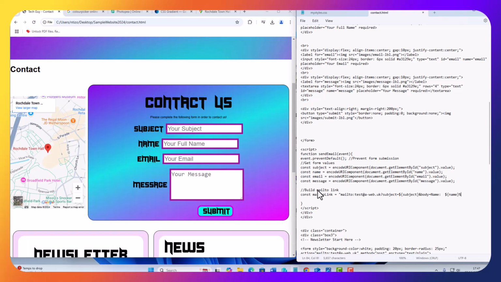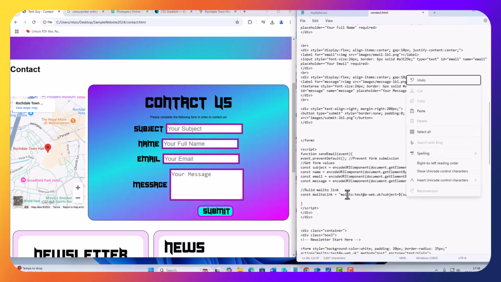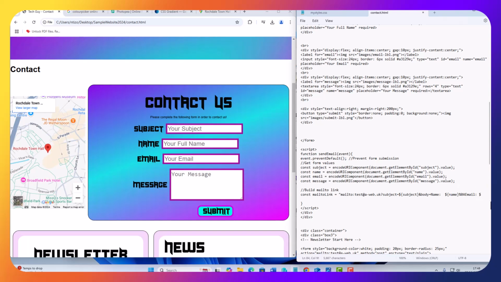Now we put the percentage symbol, 0A, then Email: and we pass the email variable, so $, curly bracket, email, close the curly bracket, percentage symbol,